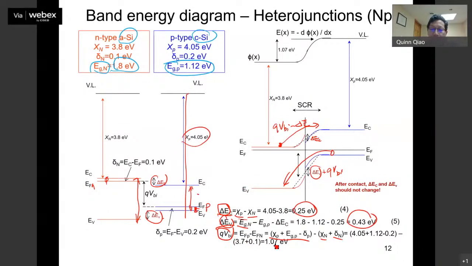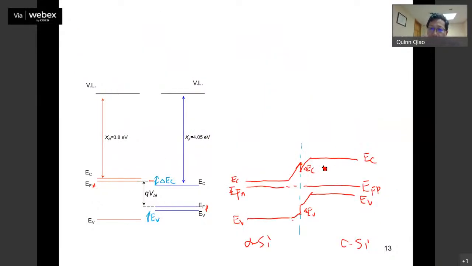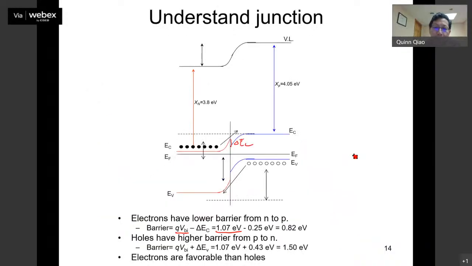The VBI is 1.07 eV. So the total is 1.07 minus 0.25, so that barrier is 0.82